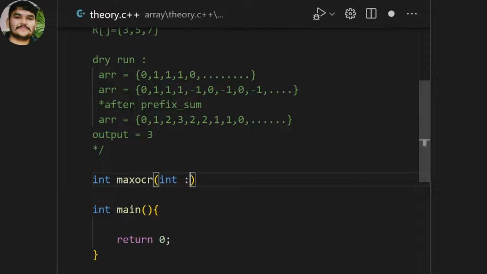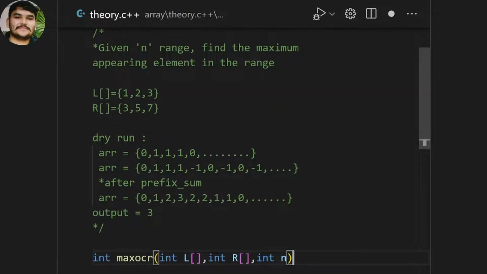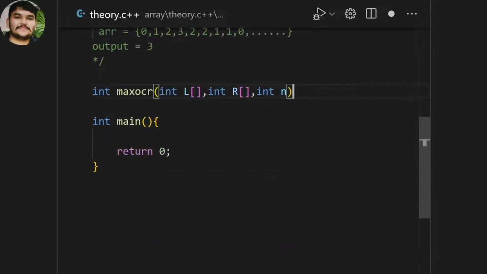We require the left array, then we require the right array, and the number of elements in that array. Basically, if we have two arrays and we consider them as ranges, then we want both arrays